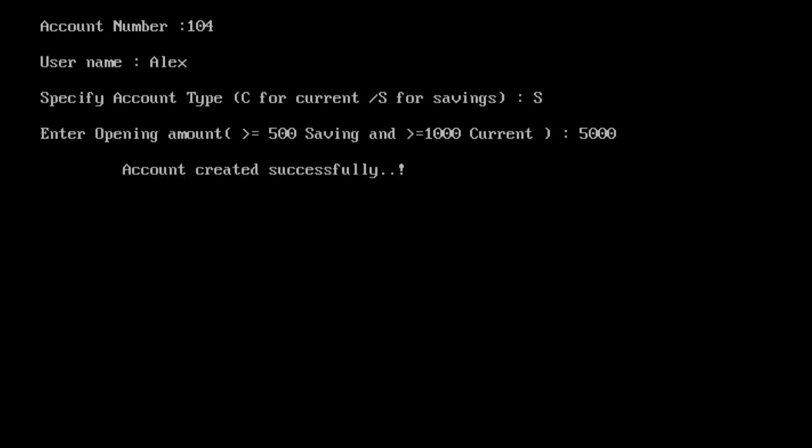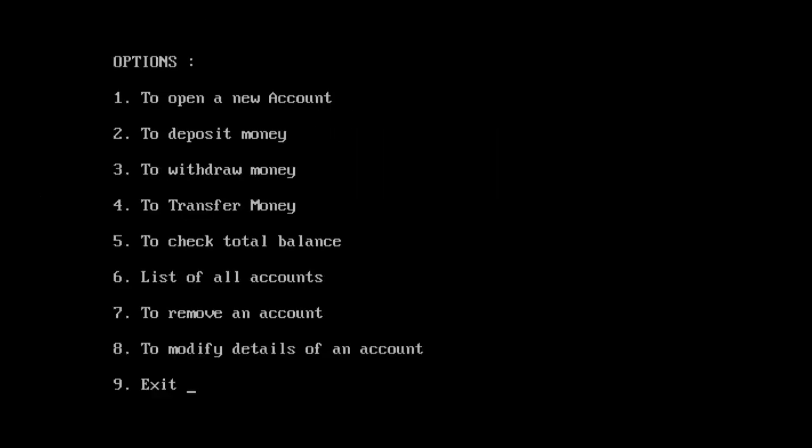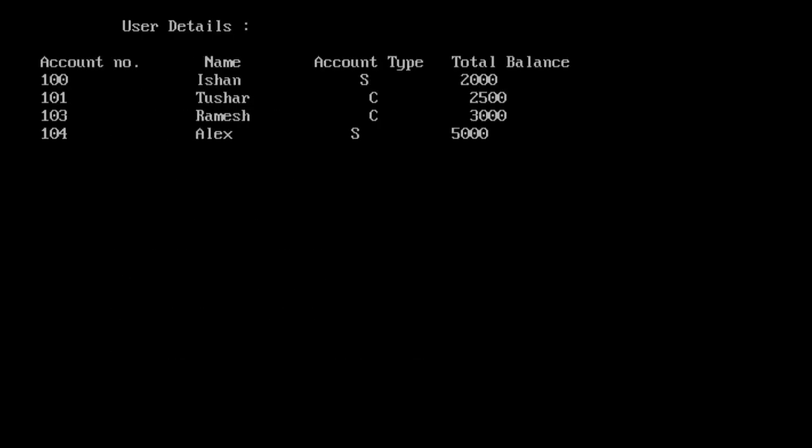Account is created successfully. We can check if the added user is successfully added to the list of accounts by selecting the list of accounts option. We can see the newly added user in the list of accounts.